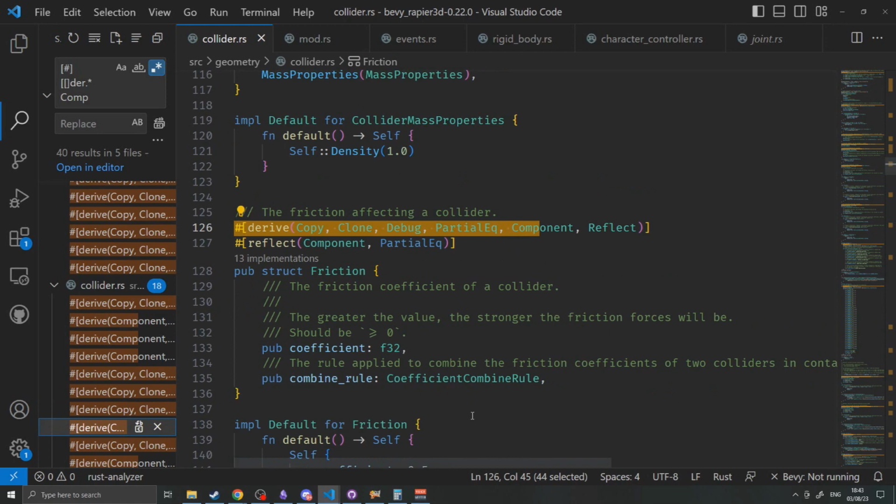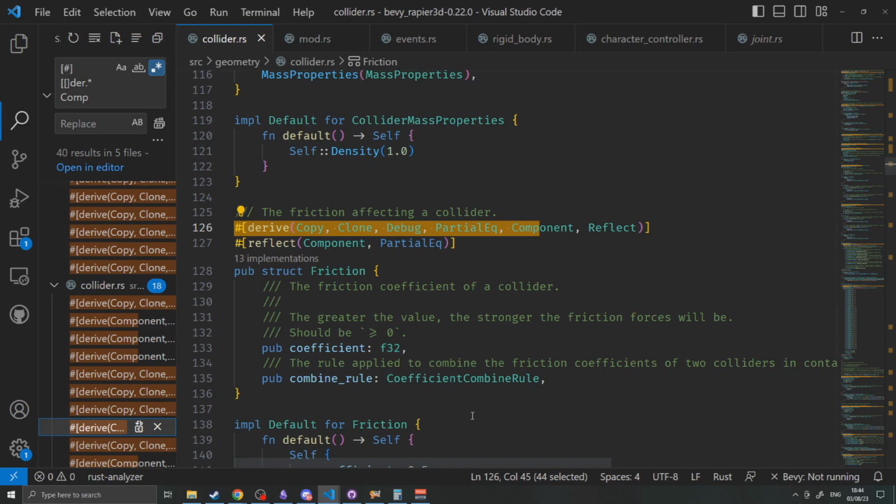Next up is friction. Friction indicates how much energy is lost when two colliders are moving against each other. A high coefficient of friction will result in objects slowing down really quickly when they come in contact, whereas a low coefficient of friction will result in objects slowing down much slower. A coefficient of friction of 0 will mean that the object will slide indefinitely when in contact, since no energy is lost. This is similar to how things like Minecraft and ice work, where the ice will cause the player to